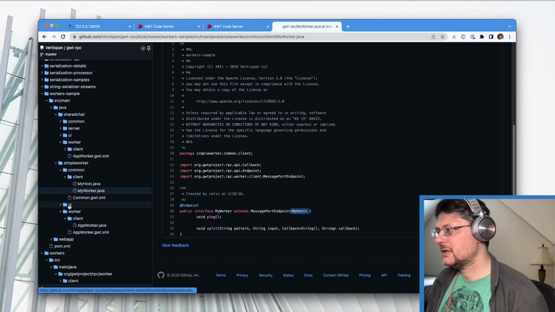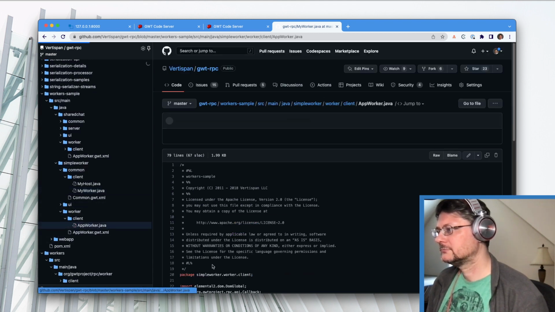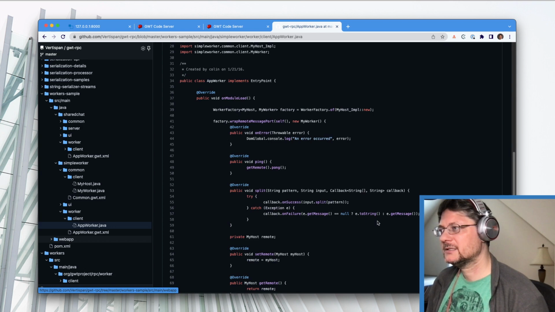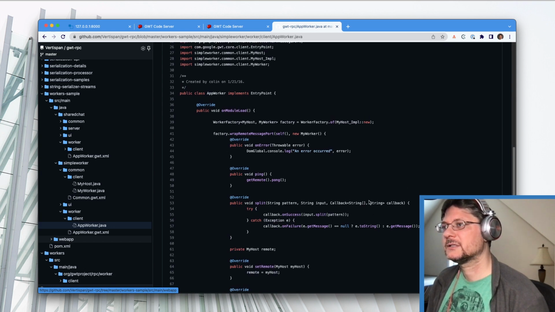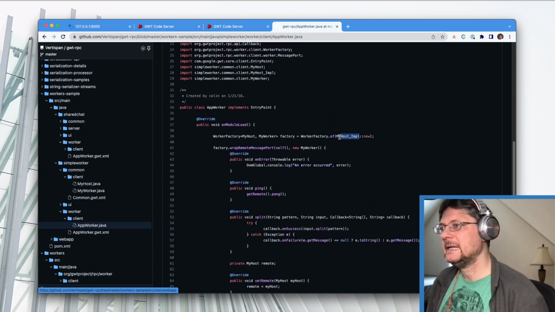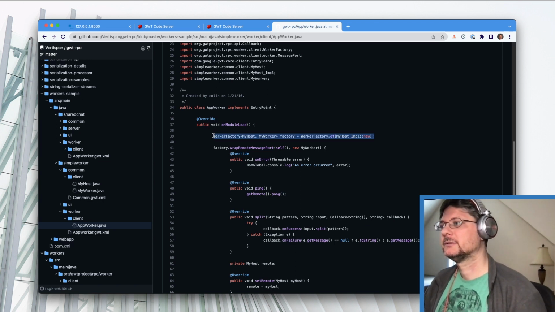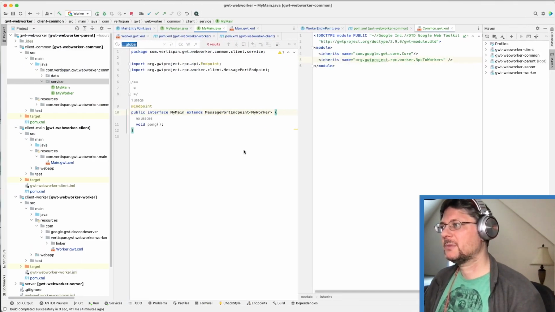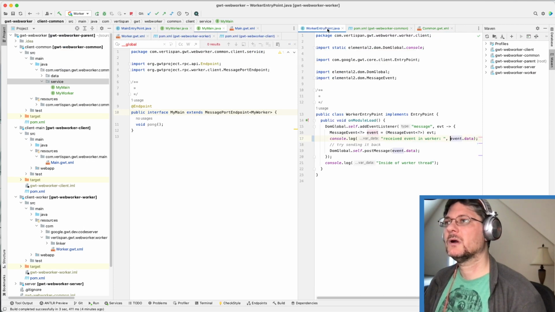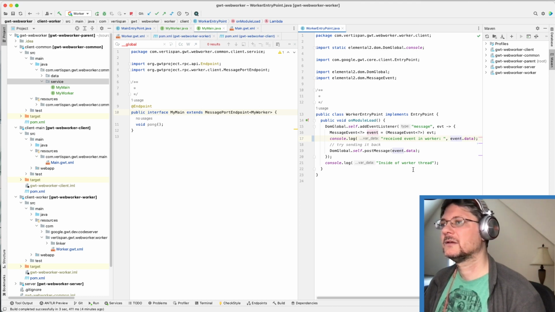So on the worker side, let's take a look at the worker side first. I'm going to need that impl, so let's go ahead and copy this over. On the worker entry point, so this is the worker side. I don't have a common side, but let's